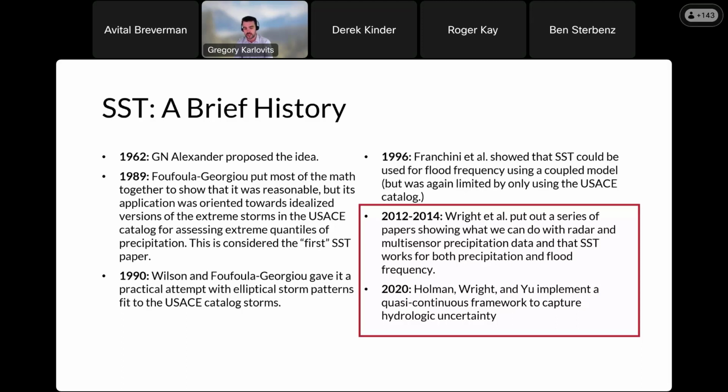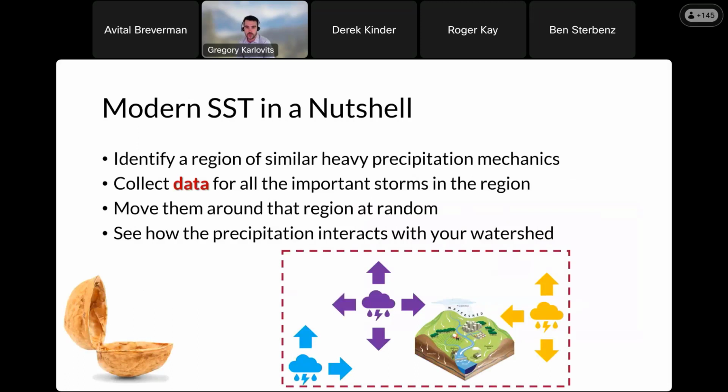And moving those around answers a very different question than moving around radar-based storms that you see multiple times per year. And so what we're going to do is play with the idea of moving some more of these routine to severe storms around a little bit here. So what modern SST really is in a nutshell is we start by identifying a region, an area of similar heavy precipitation mechanics. And usually what we do is we draw an area around a watershed that we're interested in